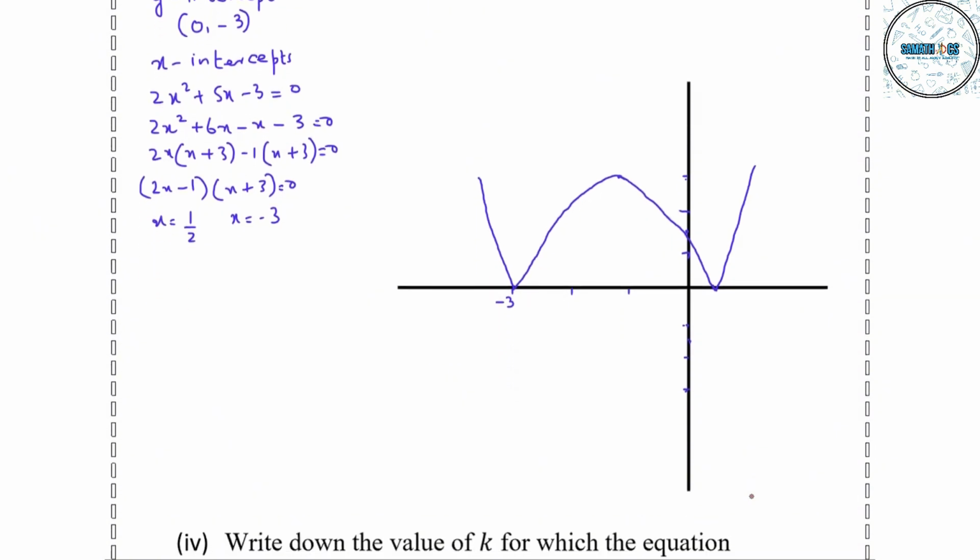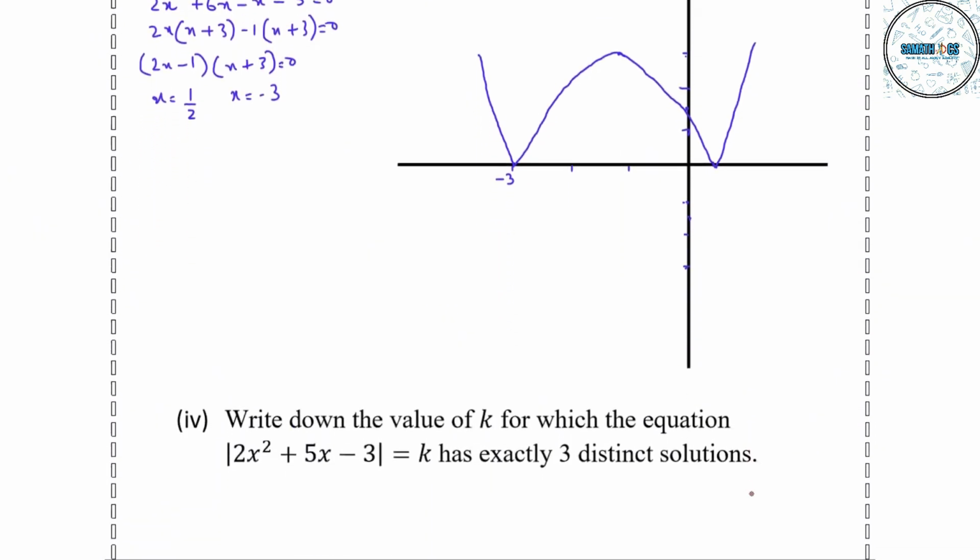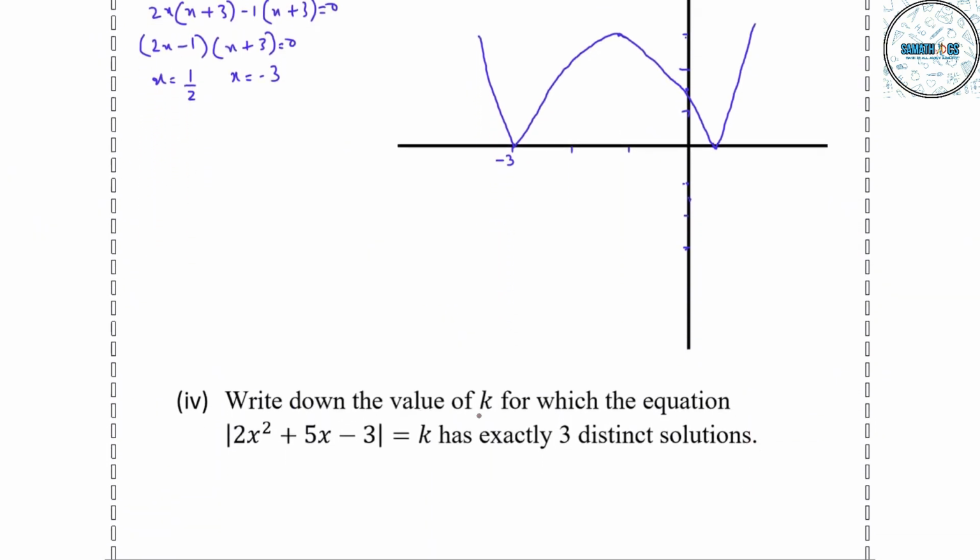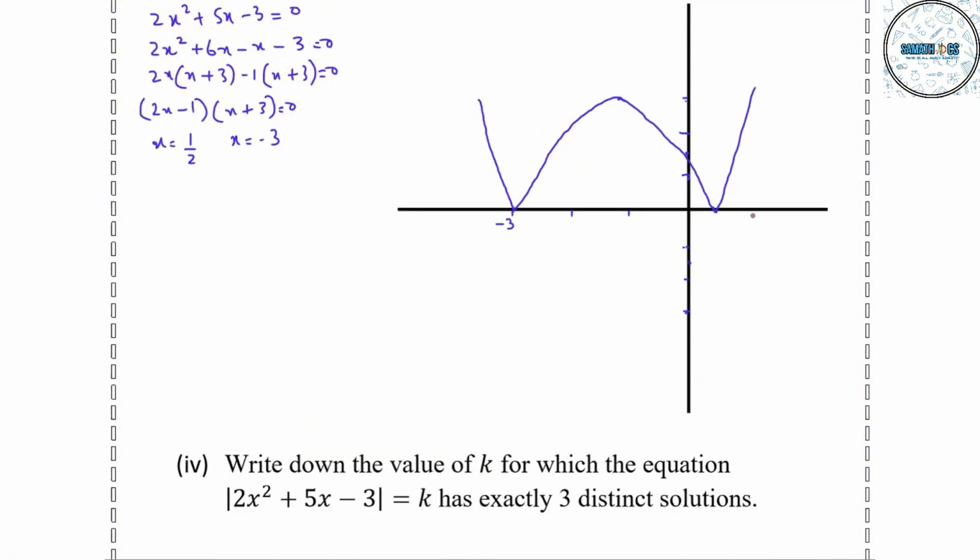Let's see what's there in the next part. It says write down the value of k for which the equation 2x squared plus 5x minus 3 is equal to k has exactly 3 distinct solutions. If we draw a line at y is equal to 0, then there are 2 solutions here. If we draw a line at y is equal to 2, then there are 4 solutions. But if we draw a line at